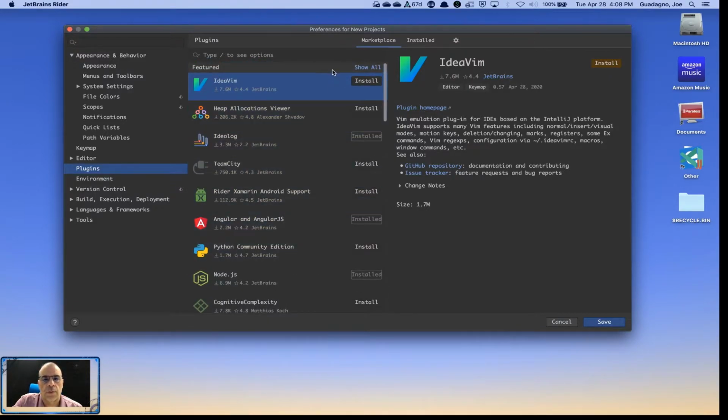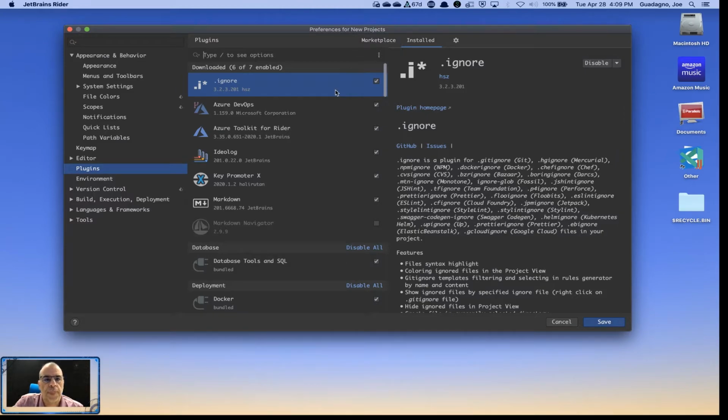Here, these are the ones that I already have installed. They're highlighted here, or I can just click on install. Some of these are out of the box. Some of them I've installed afterwards, like Azure Toolkit for Rider. These here are the ones that I installed. I did .ignore, which has a lot of built-in Git ignore files and other types of ignores. Azure DevOps allows me to do a lot of stuff straight from within the IDE, just like you could in Visual Studio and others. The Azure Toolkit,